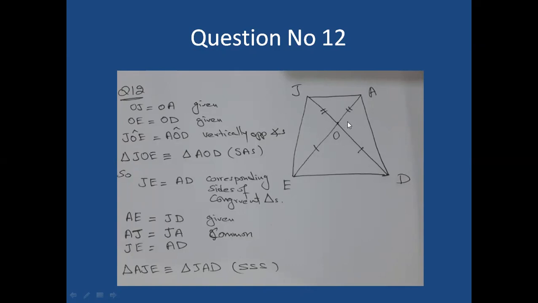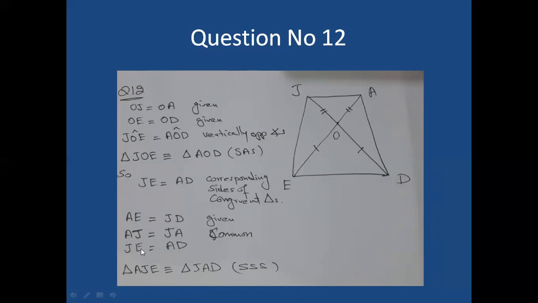Now, because these two triangles are congruent, these sides are corresponding sides, so they will also be equal to each other. So it means JE equals AD, corresponding sides of congruent triangles. So now I can take this triangle. I can show you AE and JD, they are equal. It is given. AJ and JA, they both are equal because this side is common to both the triangles which we are trying to prove